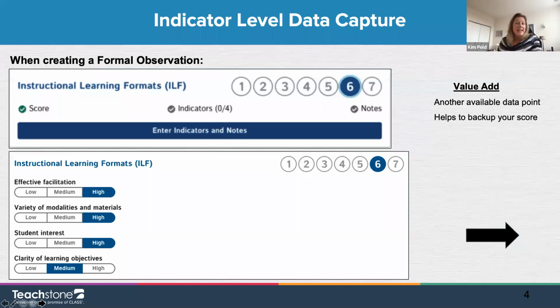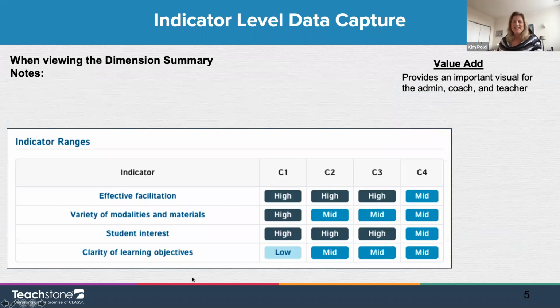Perfect. And the second part to this indicator level data capture is? Yeah, so this is where after you have completed your observation, you've input all the data, all of the indicator ranges across all the cycles, you can go to your review page for the observation and you can see this nicely compiled data table that gives you that snapshot of all the ranges that you selected across the indicators across all the cycles.